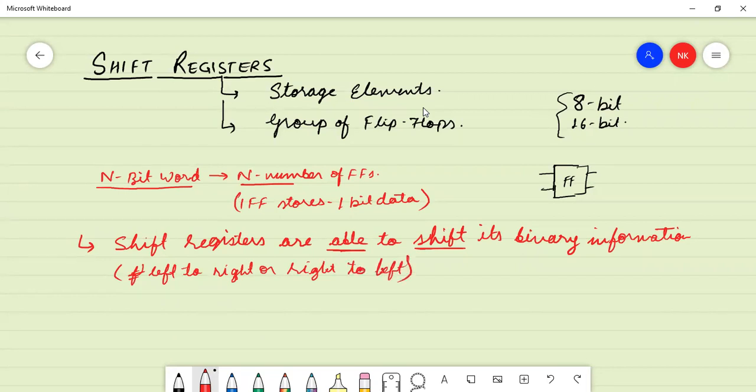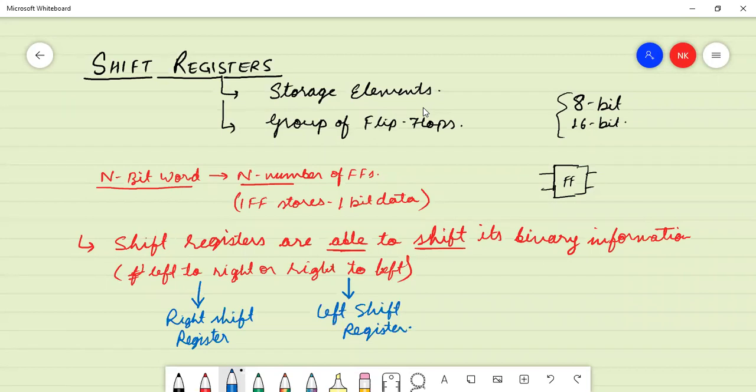ओके, और इस तरीके से हम डेटा को शिफ्ट कर सकते हैं या सेव कर सकते हैं। अगर वह शिफ्ट रजिस्टर डेटा को लेफ्ट टू राइट शिफ्ट कर रहा है तो हम उसे क्या कहेंगे, राइट शिफ्ट हो रहा है, so it is known as राइट शिफ्ट रजिस्टर। और अगर लेफ्ट शिफ्ट हो रहा है तो हम कहेंगे लेफ्ट शिफ्ट रजिस्टर।